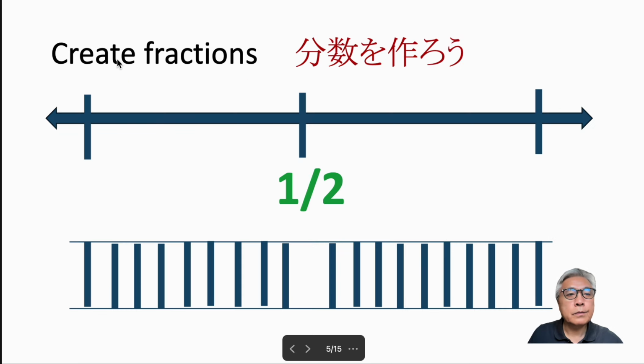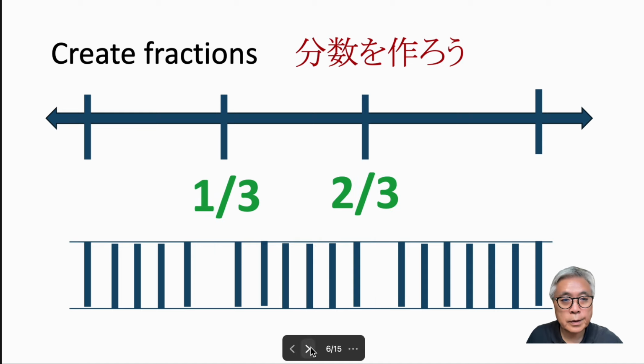Okay, using the number lines, I'd like you to create fractions. 分数を作ってみましょう。Okay, this is like this. A half is divided into 2 parts. Okay, next one, divided into 3 parts. So a third, 2 thirds. 複数形になります。